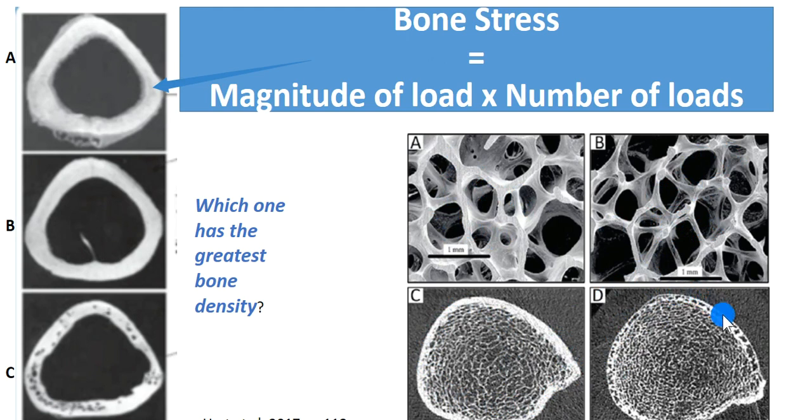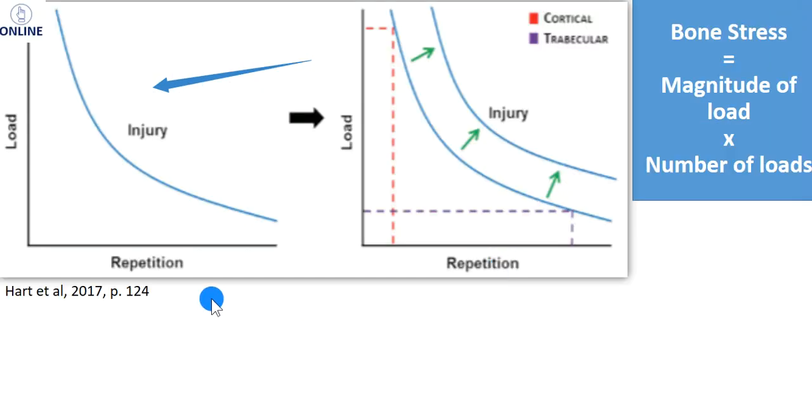But do you see these gaps? So this is the cortical bone density, whereas this inside here is representing the trabecular bone density. So cortical versus trabecular bone density. And in either model,